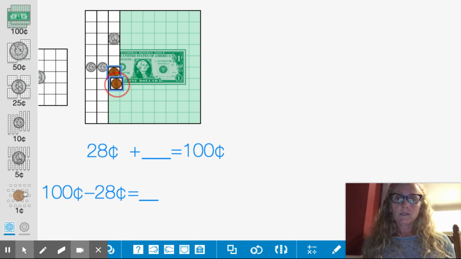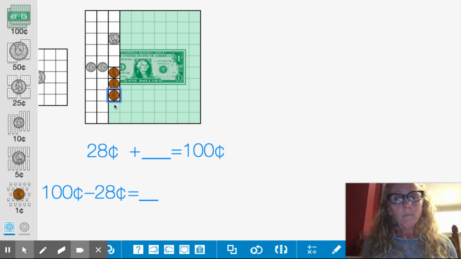26, 27, 28. Now, how many more spaces before we make the next 10? 28 plus 2. So right there is 2 more, and that makes 30. 3 plus 7 is 10. So 30 plus 70 is